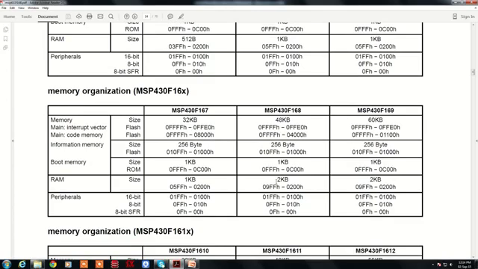And the RAM space, where you can store the dynamic variables, that is available 2 kilobytes of memory space from 0200 to 09FF, which also can be used as a stack space. The peripherals, there are 16-bit peripherals, there are 8-bit peripherals and SFRs, where the starting from 000 to 01FF is reserved for the peripherals of the microcontroller.